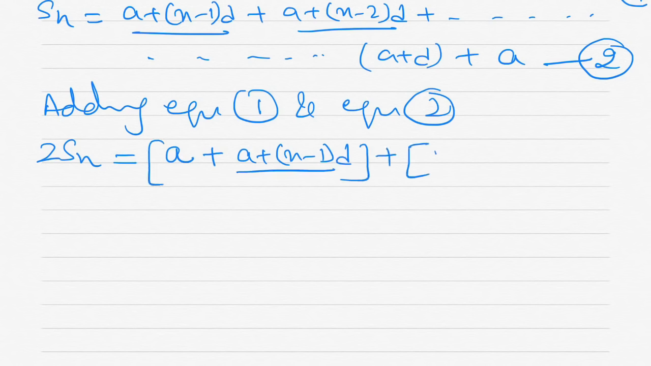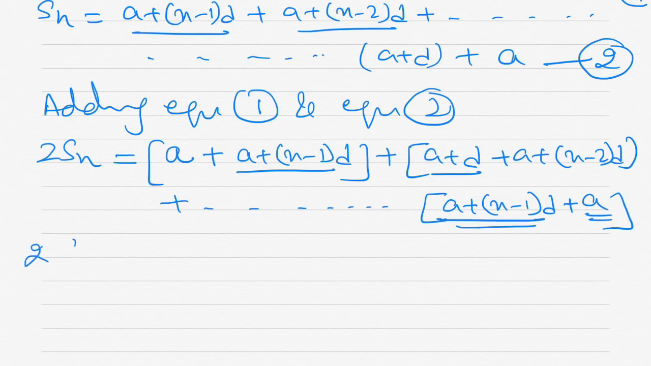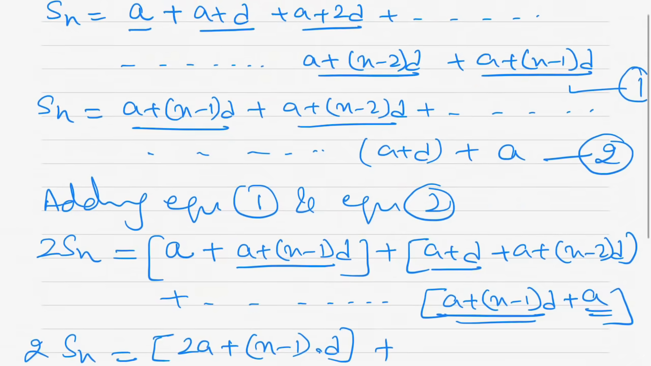Now the second term of equation 1 is a plus d. The second term of equation 2 is a plus n minus 2 into d, plus, continuing in the same manner, the last term in equation 1 is a plus n minus 1 into d, and the last term in equation 2 is a only. So 2 times Sn is equal to, when you simplify the first term, a plus n minus 1 into d will give you 2a plus n minus 1 into d, plus the second term, a plus a will give you 2a